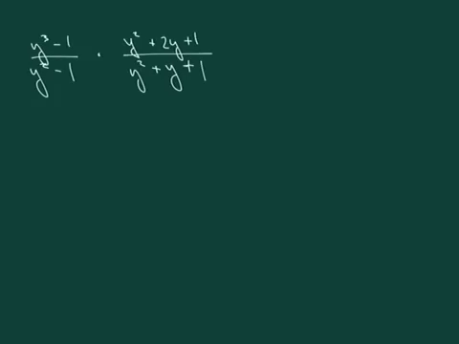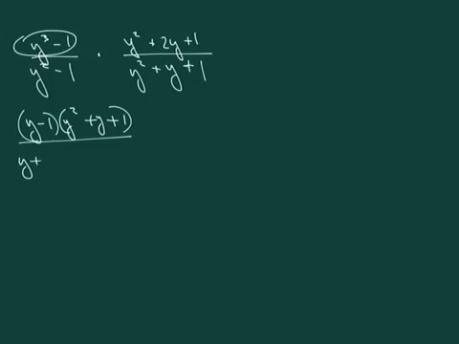Okay, so they're flipped. So let's go ahead and rewrite these. This is the difference of two cubes. So that can be written as y minus 1 times y squared plus y plus 1 using the formula that you've learned. And y squared minus 1 is the difference between two squares, so I'm just going to write them like that. And the second set of parentheses can be written as 2